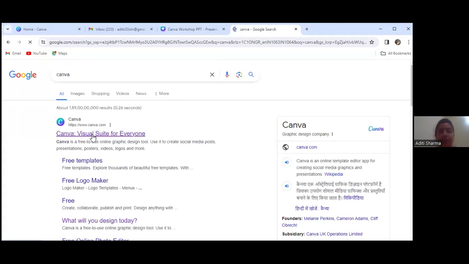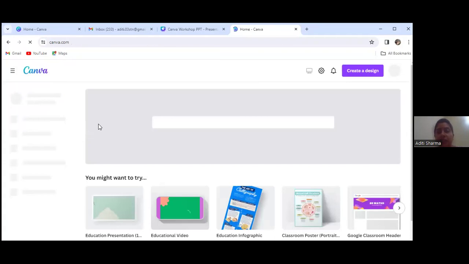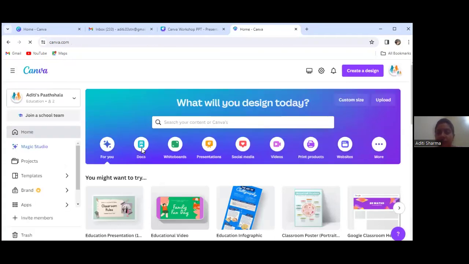Search. The first interface we get is Canva Visual Suite for Everyone. Just click it. If you are already logged in, it will open directly. Otherwise, for login or sign up, it will require your email ID.